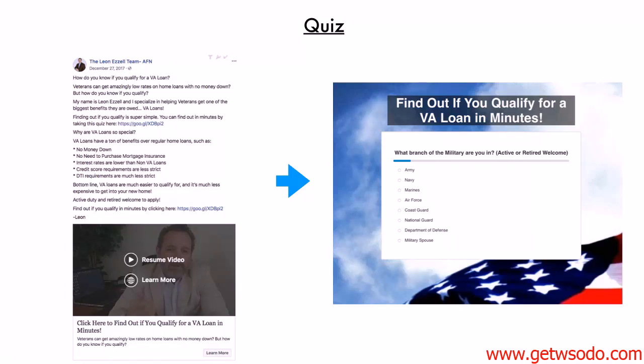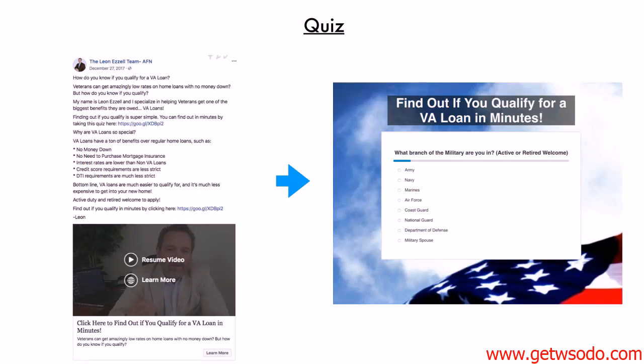But in most cases, we use a simple quiz page like you see on the right, and it's so simple, guys. It says, what branch of the military are you in? They choose their branch. The next one says, do you live in this state? Because it's the state he's licensed in. We're running ads to that state. Then it just says, enter your name, email, and phone number, and we'll send you your approval status. When they enter it in, it gives Leon here the contact info. He calls him on the phone and says, hey,